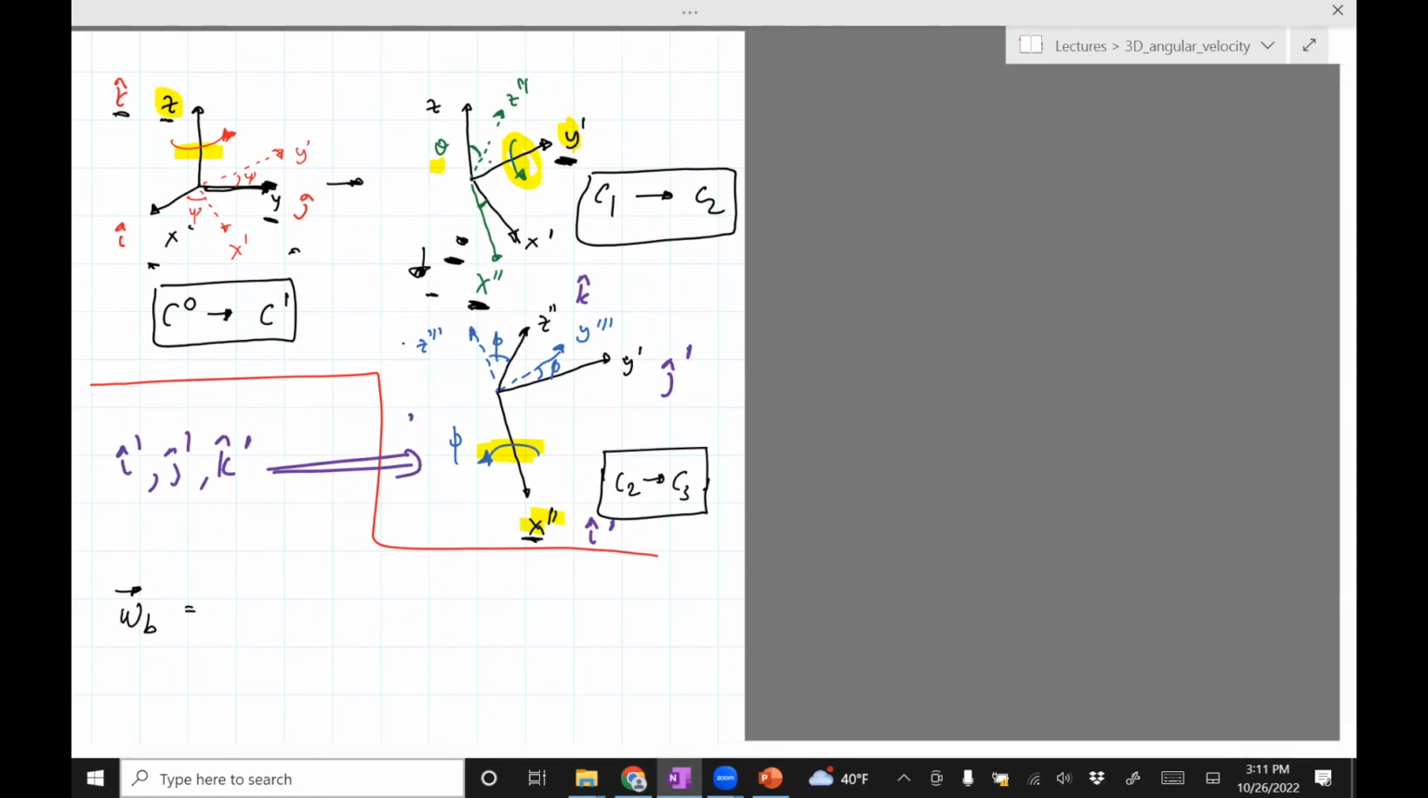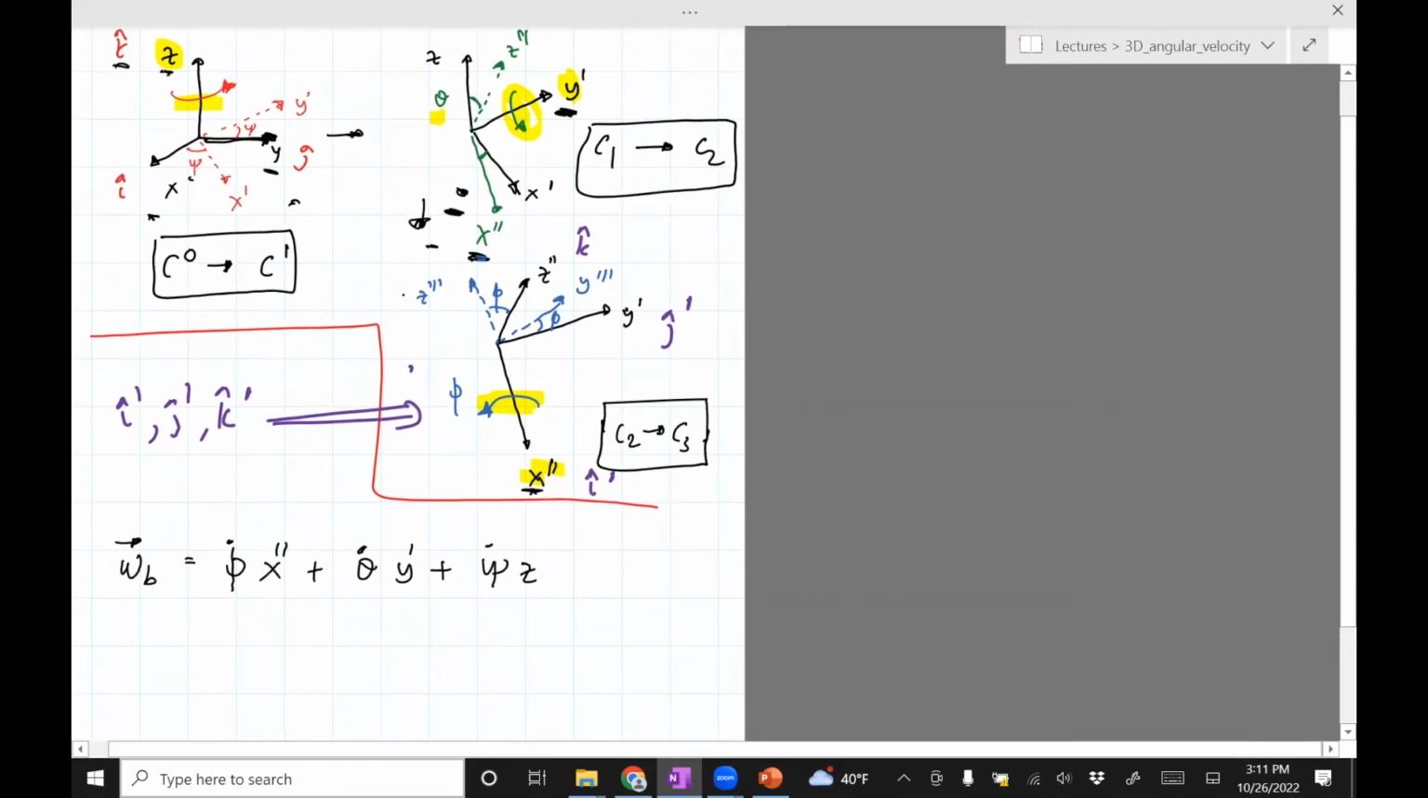So for this one, I would have phi dot about x double prime plus theta dot about y prime plus psi dot about z. This is exactly the same as before. The only thing I'm going to do is change my way of representing i, j, k to i prime, j prime, k prime. So phi dot times x double prime, which is the same as i prime,